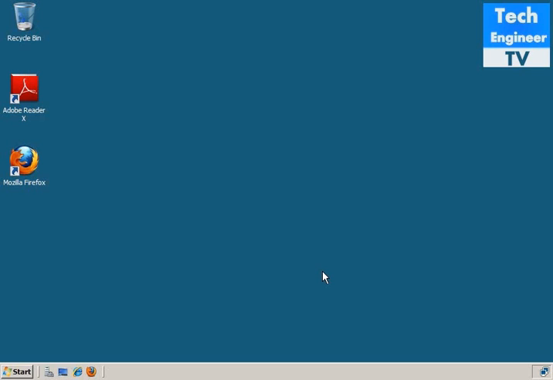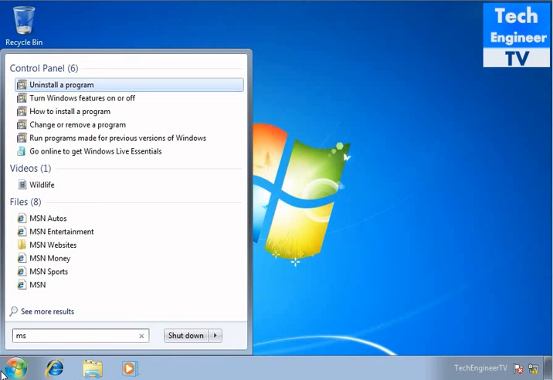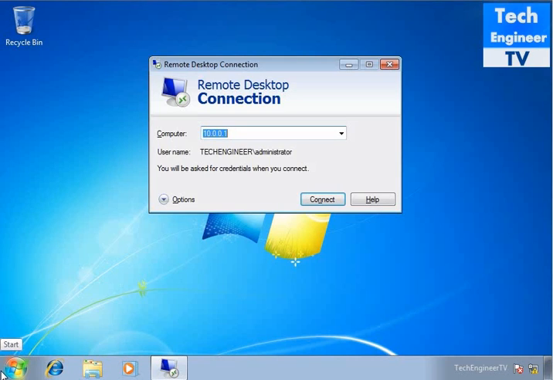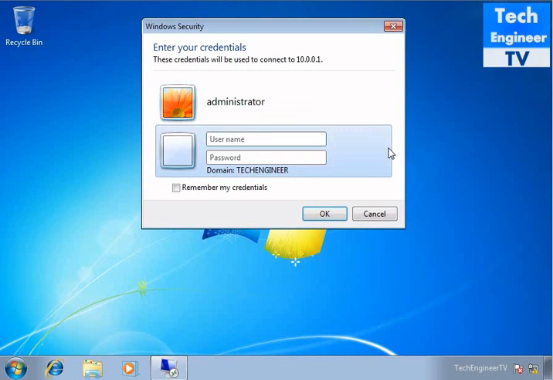How to do that? We have a couple of options. Either we do it via remote desktop. It's a very conventional method. Go to MSTSC and give a computer name or IP address, then